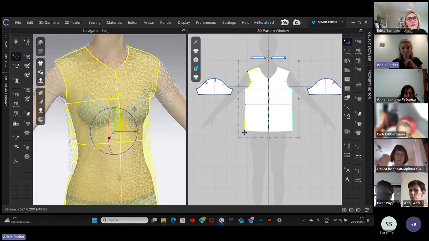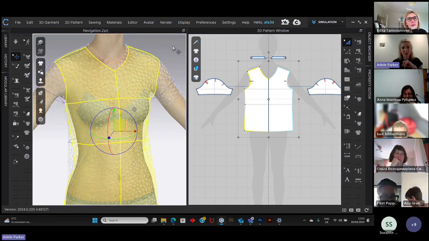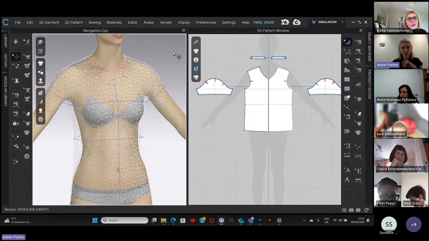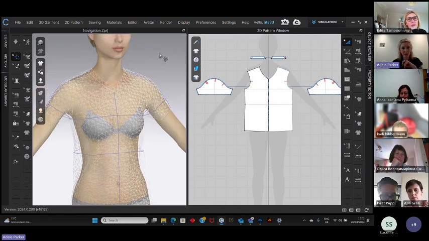So if I select one of my pattern pieces, and I can either do this in the 2D or the 3D pattern window. To deselect, just click anywhere in any gray space, either in the 3D or